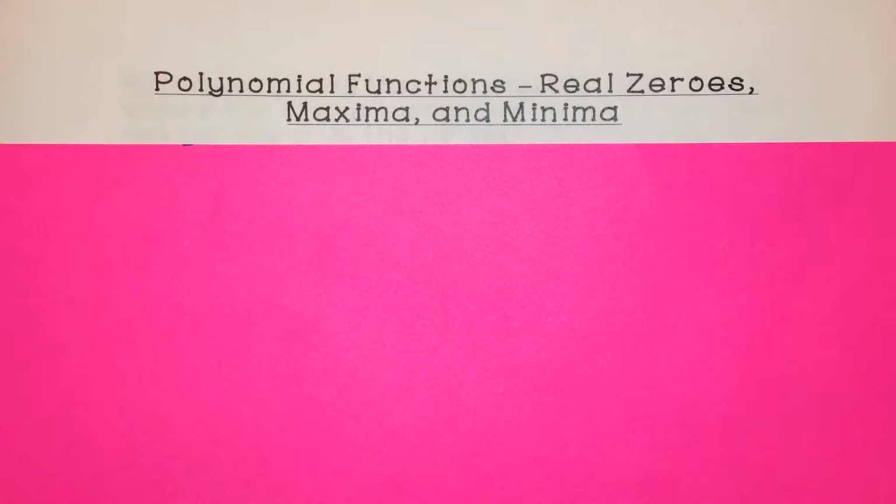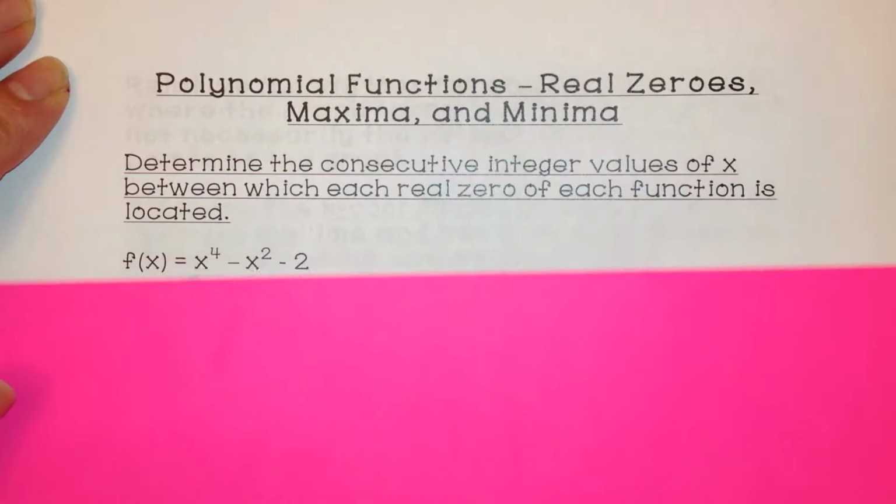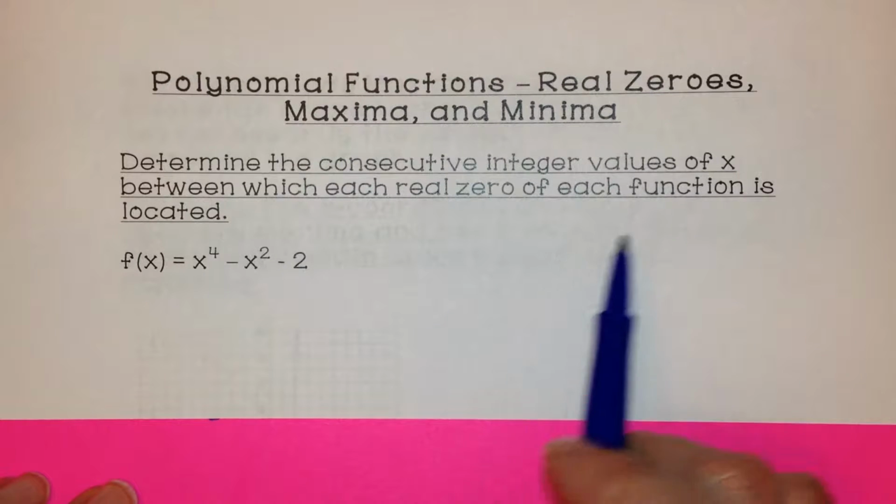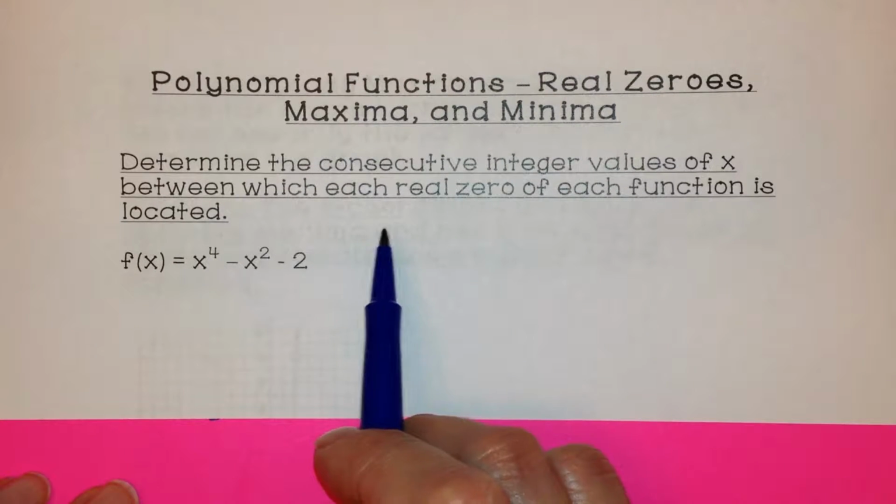This video is on polynomial functions. We're going to look at real zeros, maxima, and minima. So the first thing, we're going to determine the consecutive integer values of x between which each real zero of